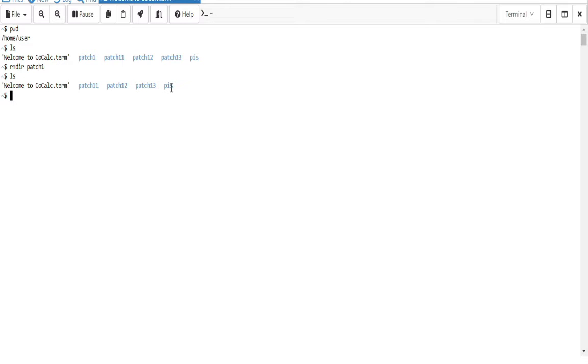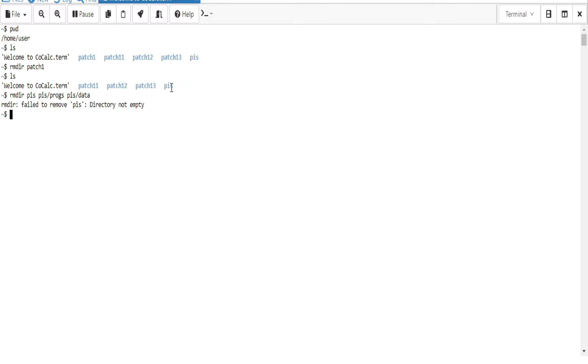Just now we have created one directory PIS which has two subdirectories, PROGS and data. Now I want to delete all of these. I want to delete PIS, and from PIS I want to delete PROGS, and from PIS I want to delete data also.